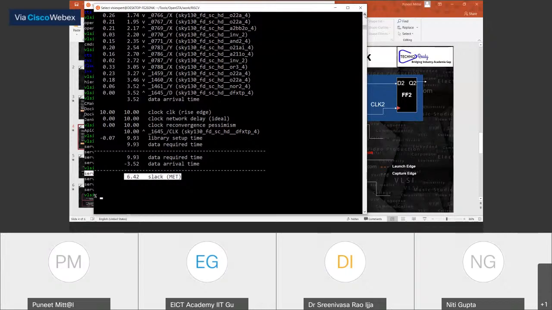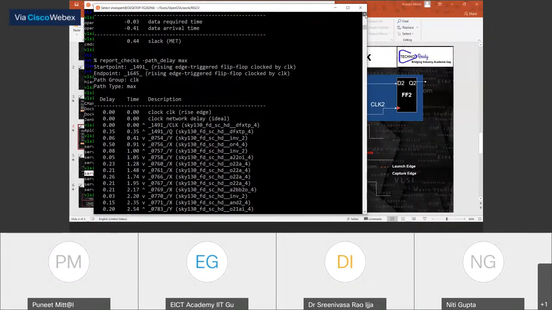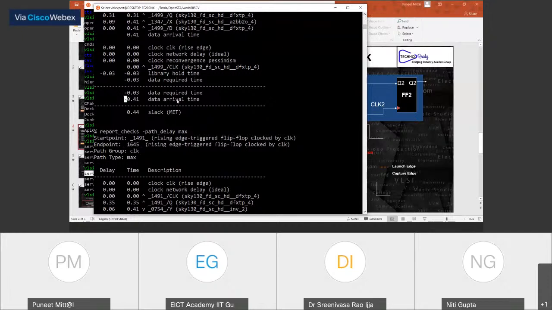Now let's try to understand the hold. Hold was arrival minus required. Arrival was 0.41. This is the data arrival time. Here, if you will see, data arrival time is 0.41, and it should be greater than the required time.